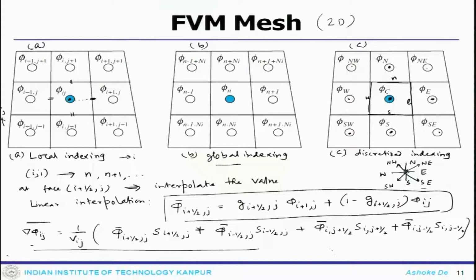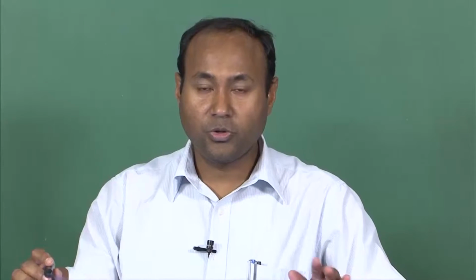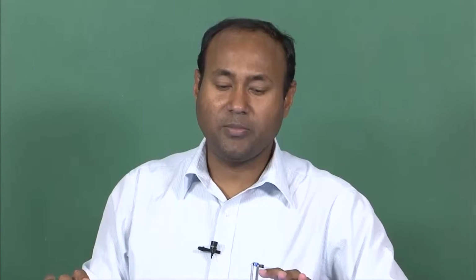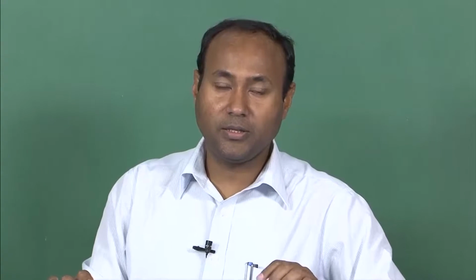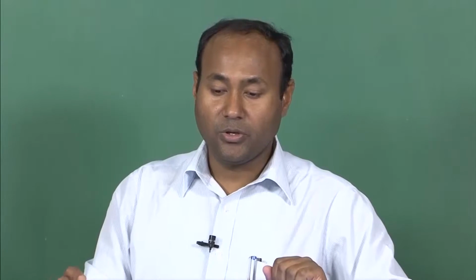Okay, so welcome to the lecture of this finite volume method. Today we will finish the discussion on the mesh. So far we have discussed the structured mesh, their orientation, how to calculate the surface normal vector, how to calculate the gradient and the other terms. Today we will move to look at the similar things for the unstructured grid system.